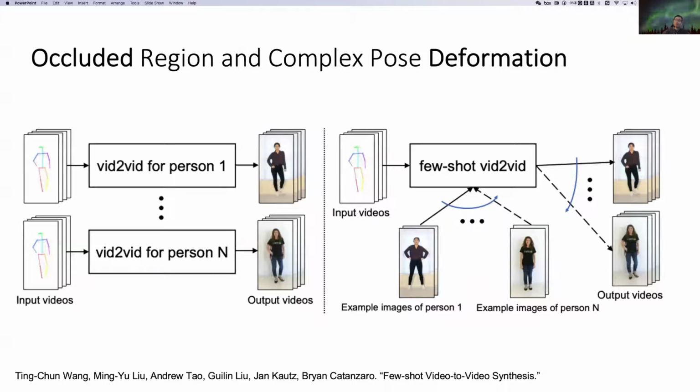And then we talk about the solutions for the second problem, how to solve the occluded region and the complex pose deformation. We know that different images may carry different appearance features and have different degrees of relevance to target images. So besides enriching identity features in the last several layers of an image decoder, some existing works utilize multiple reference images to mitigate this problem.